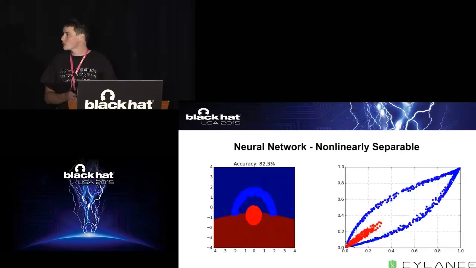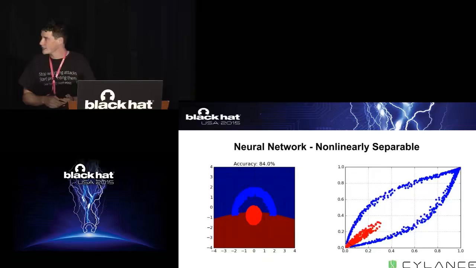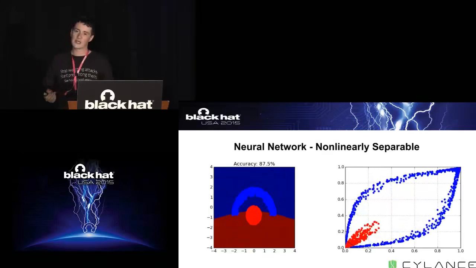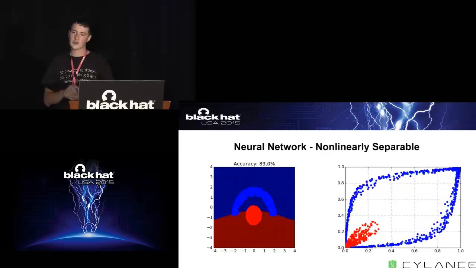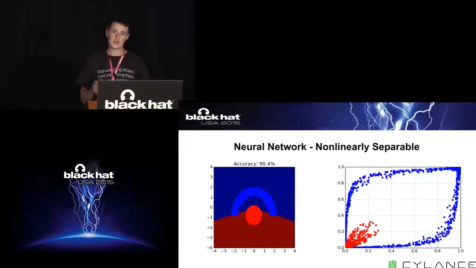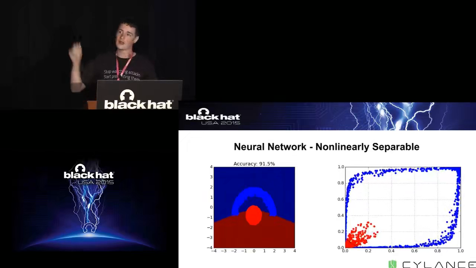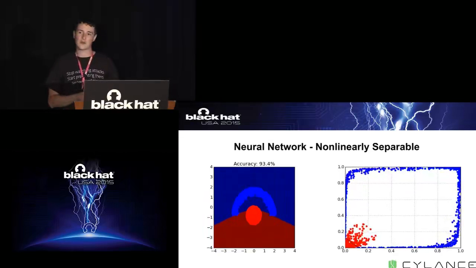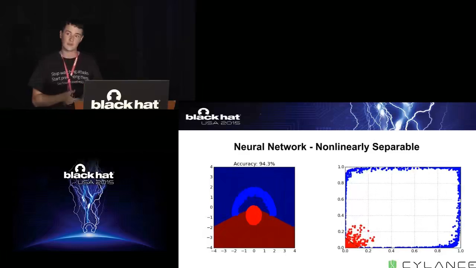So what we're going to do is we're going to give it a more complicated model. And as this animation goes on, I'll sort of explain what's going on. So the neural network has the ability to sort of twist around and contort the original feature space so that it is linearly separable in higher parts of the model. That's not to say that no other models can do this. Things like support vector machines and random forest definitely do come up with nonlinear decision boundaries.